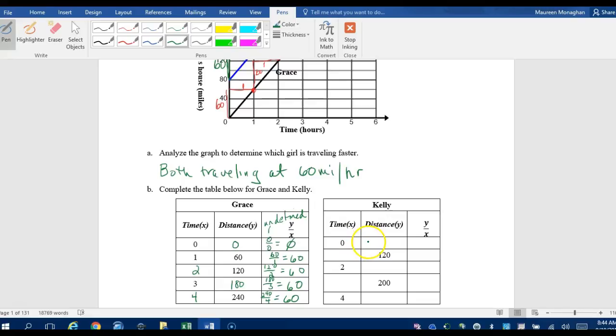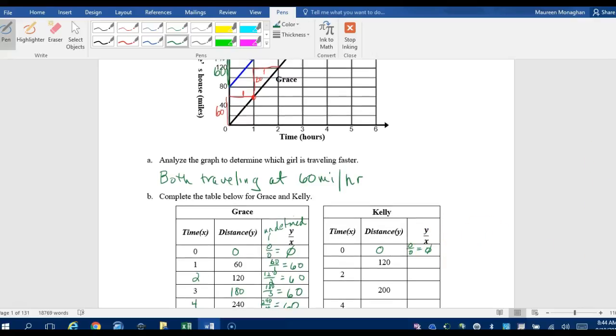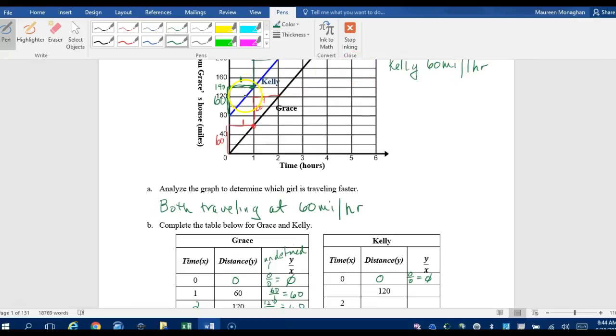Let's look at Kelly. Now she's the blue line. She's at 0. 0 over 0, once again, that's undefined. The time when she's at 120. Well, let's take a look here. Where is Kelly at 120? 120 is right here. Where is that about? If you were to guess,